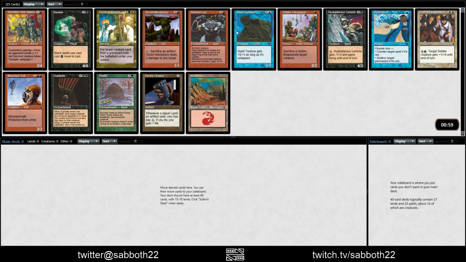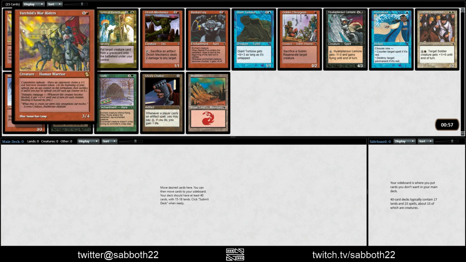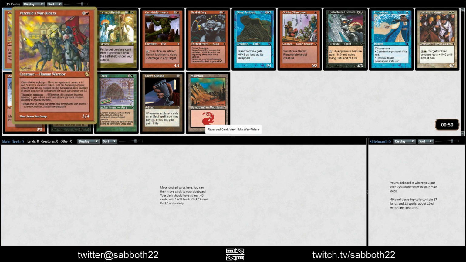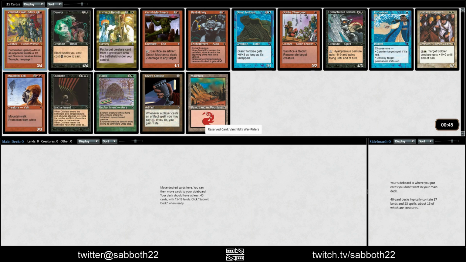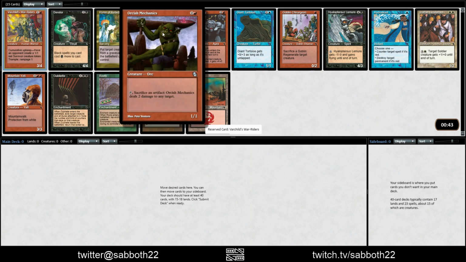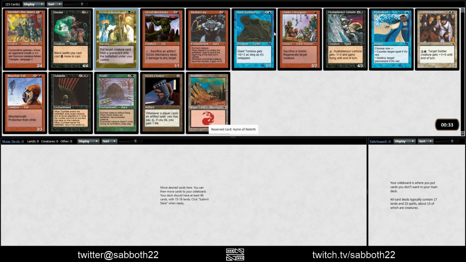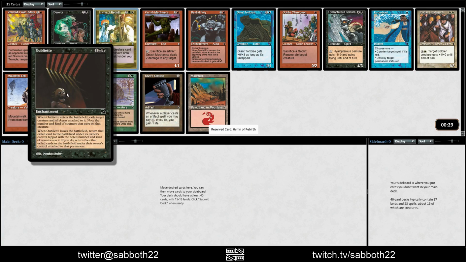We have Masters Edition on Magic Online. This is before my time, but I wanted to have a video of this. Oh gosh. Old cards, balanced cards, cards with drawbacks. Put target card from a graveyard onto the battlefield under your control. Yeah, this is old school drafting. I don't know what all these things do. I'll try to read them fast enough to...